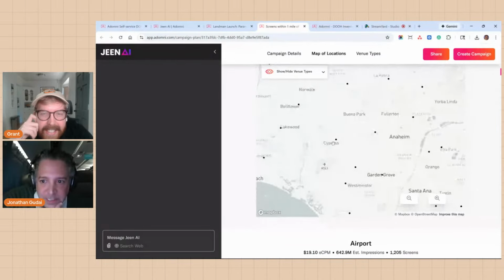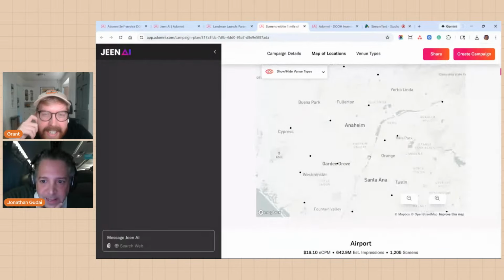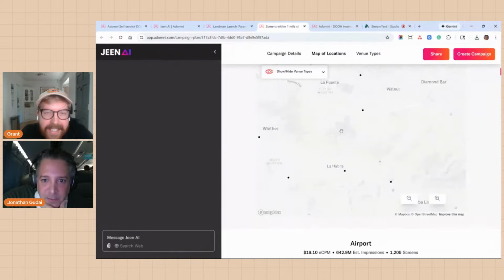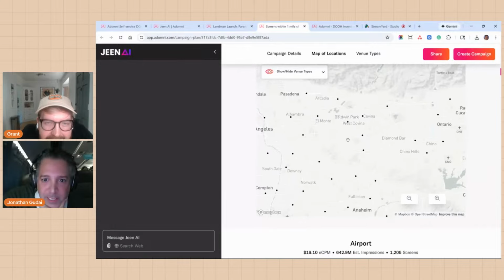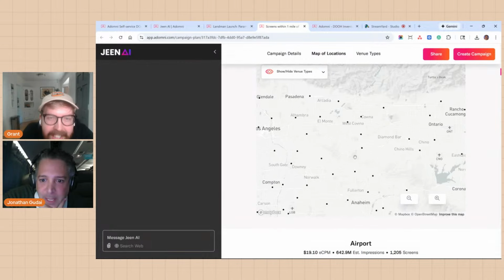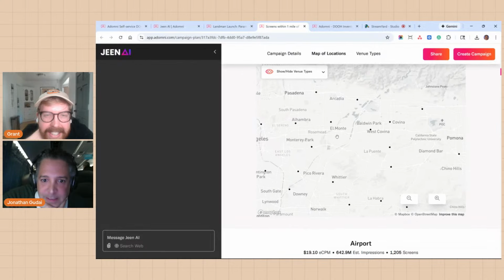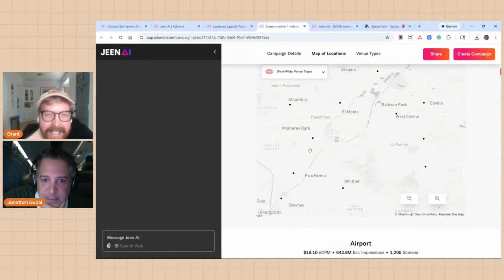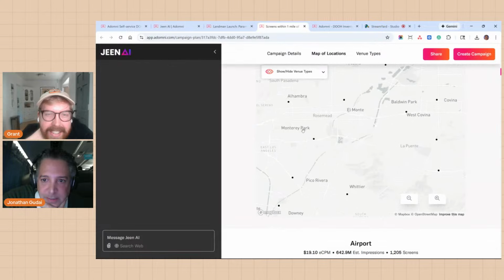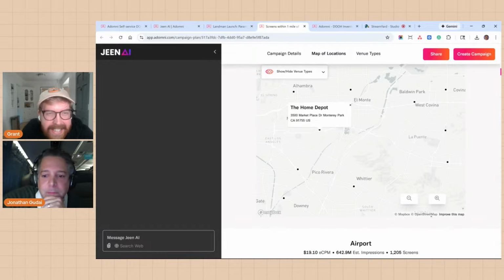Is it in this kind of area? No, I'm further north. Further north. Okay, my geography is a little bit off. I live in Las Vegas, all good. So if you want to do a Vegas thing, I definitely can help you with that. Right there, Glendale in the top left. Glendale. That's fine, we don't have to waste time with this. Here's one, a local Home Depot, and so we're surrounding those stores.